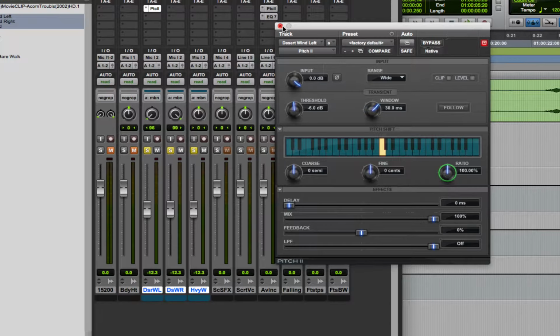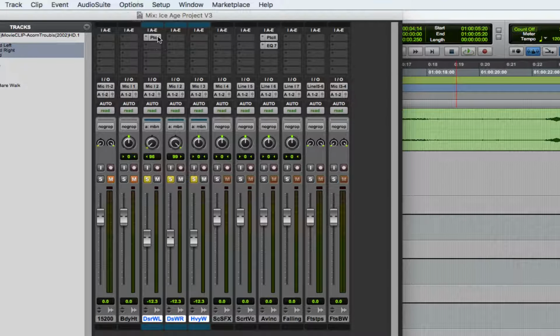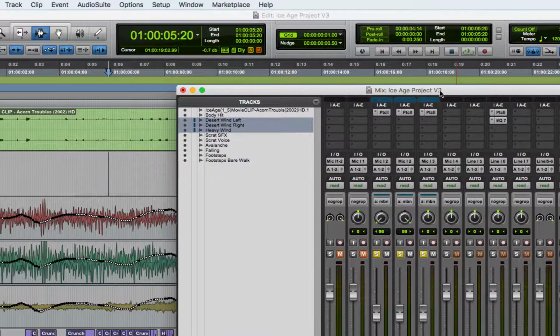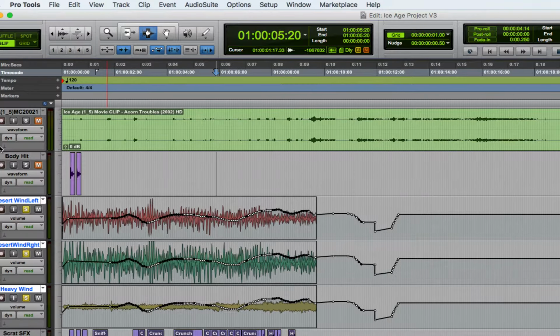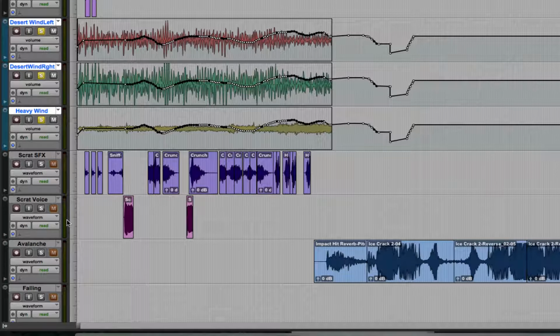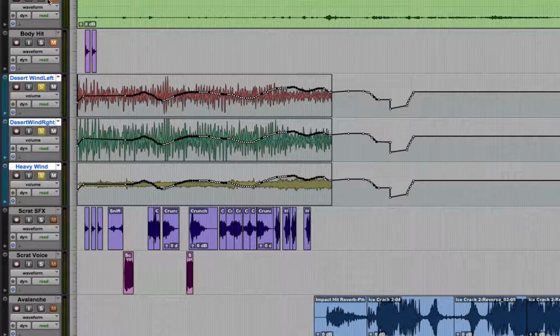Then what we're going to do, in your next step, you can just put this as your next step. You're just going to hold Option and drag the plugin to each of the other tracks. Okay, so you're going to hold Option and drag it to the other tracks. After this step,